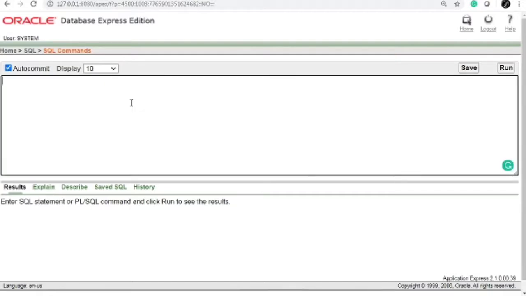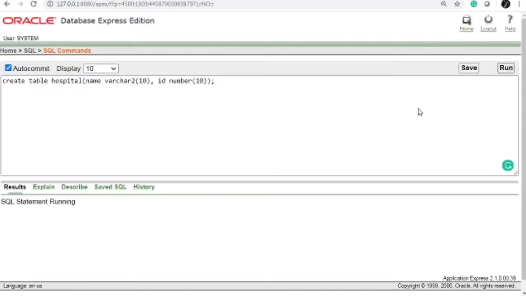Now I am going to create a hospital table: create table hospital. Now I created this table hospital, and we just run it. Okay, the statement is running.